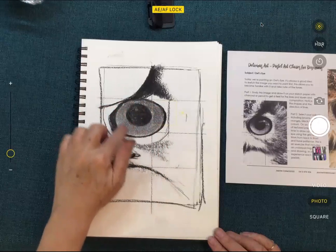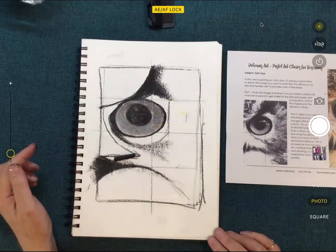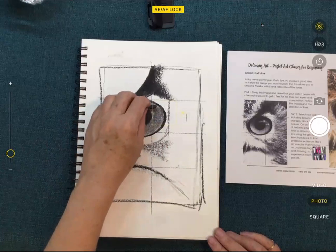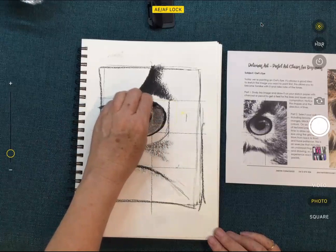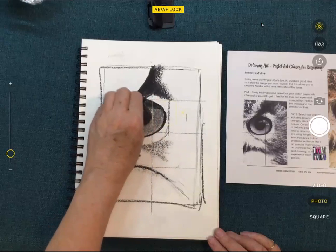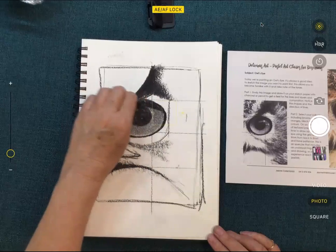Just pulling that around like that. And you can see it's all turned into the one grey colour now, hasn't it? So what I want to do is darken across the top here. See that little shadow across the top of the eye? I'm just going to darken that off, and it's almost a stripe, and you can actually see the eyelashes of the owl